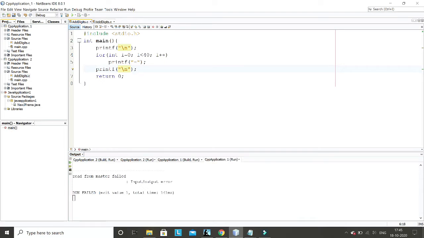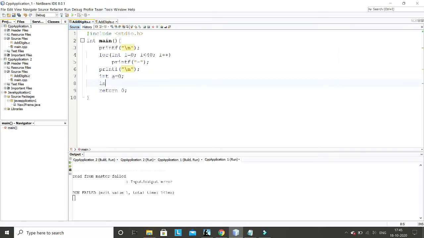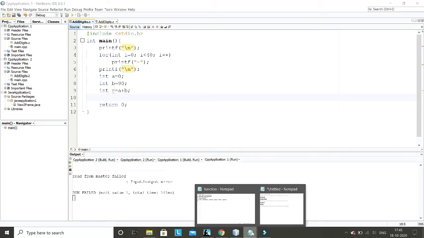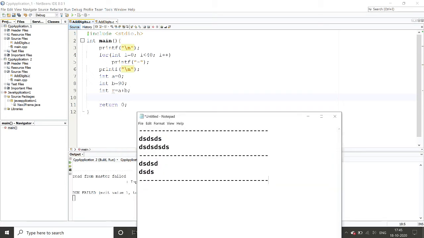Now maybe I'll do some calculation here. Suppose I want to perform addition of two numbers. Integer b equal to 90, and then integer r equal to a plus b, and then I want to print this. Every time I print something, my printing value should be between these two lines.